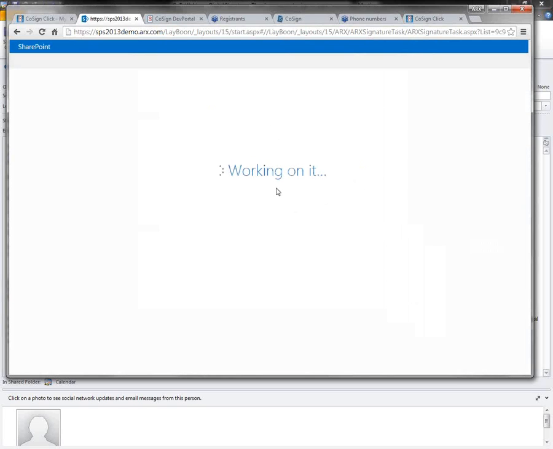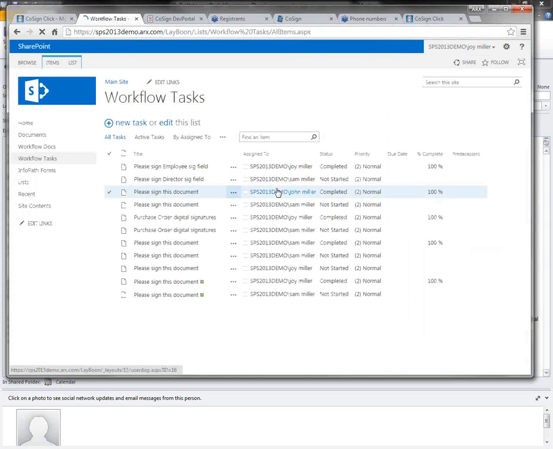Working on it, and we're almost done here. And so what it would do at this point, it signed the document, and basically, as you can see here, here's the task where I clicked it, completed it, and now it's sent it off to Sam Miller to collect a signature. So I have a little workflow. That's a three-party workflow where I collected the outside signature and 2 internals. And so, I assume everybody kind of gets the gist of this.